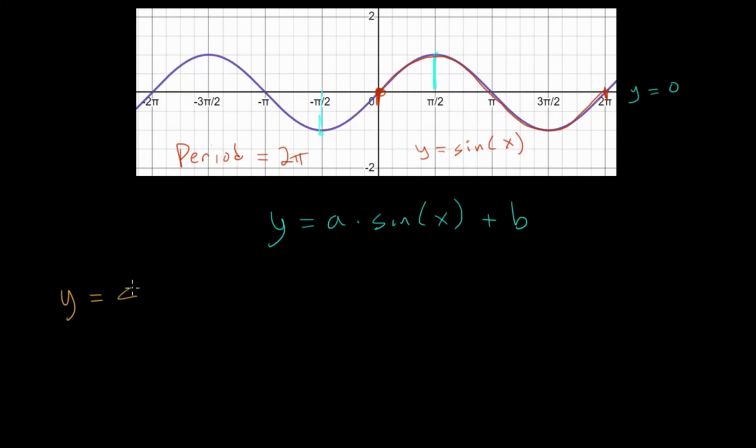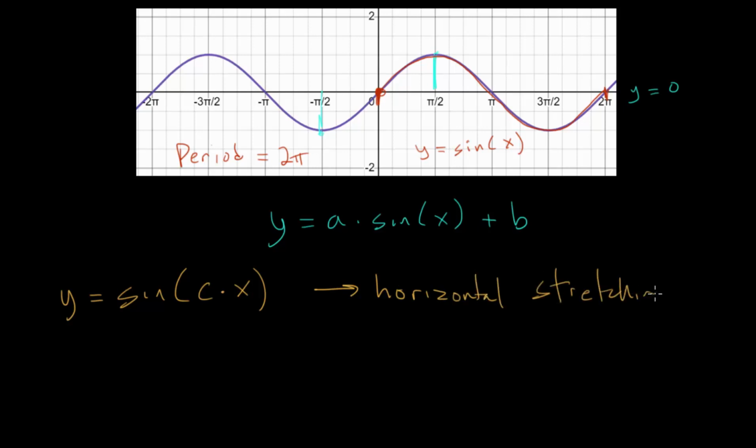Let's say we have y is equal to the sine of c times x. By multiplying on the inside, we will deal with what we call horizontal stretching or squishing, depending on which direction the stretching will happen. And if we first consider the case when c is equal to 2, so we have y is equal to the sine of 2x,